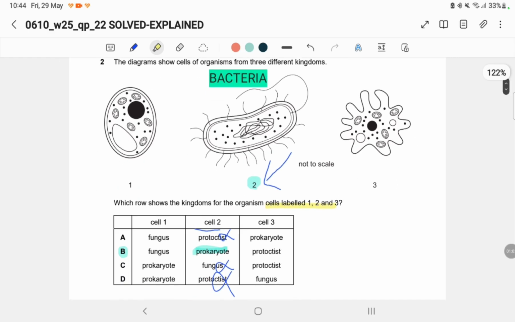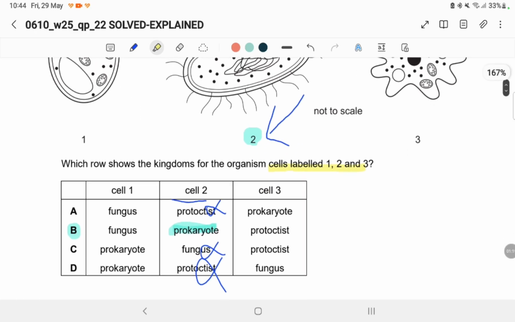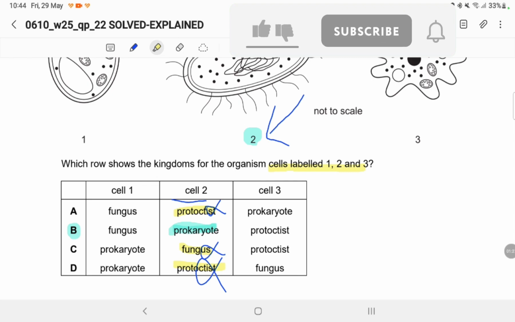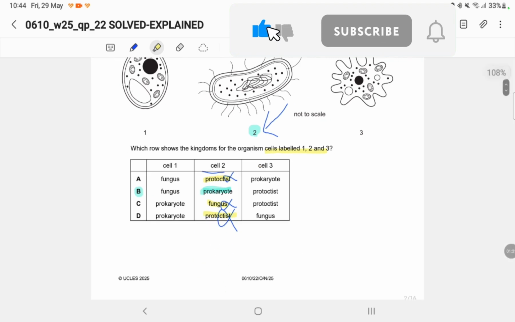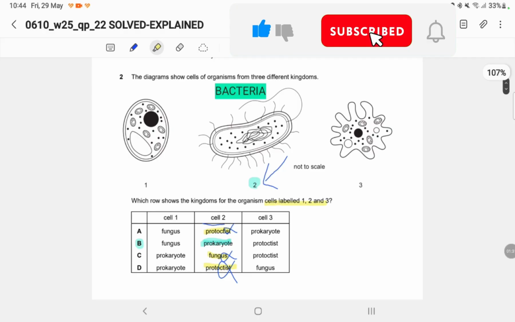Question number 2, you can easily find it by just looking at figure number 2. Well, it's a bacteria and we know that bacteria belong to the group of the prokaryotes according to the classification that you had learned in chapter 1. So looking here in cell 2, first of all in A it's a protoctist, which will be wrong. C is wrong and D will be wrong. So only the answer for bacteria, which is figure number 2 in question number 2, is prokaryote, so the